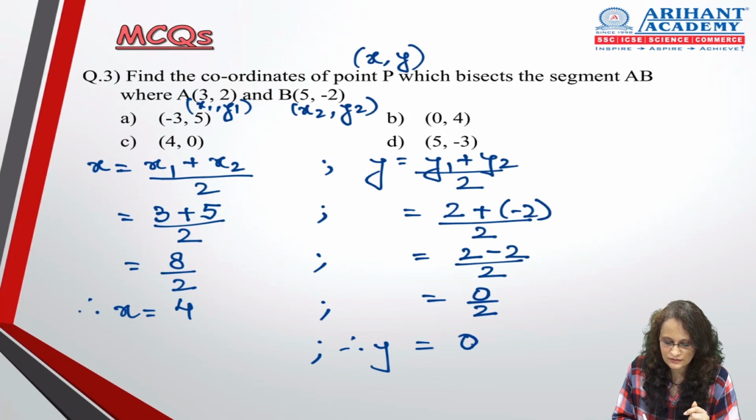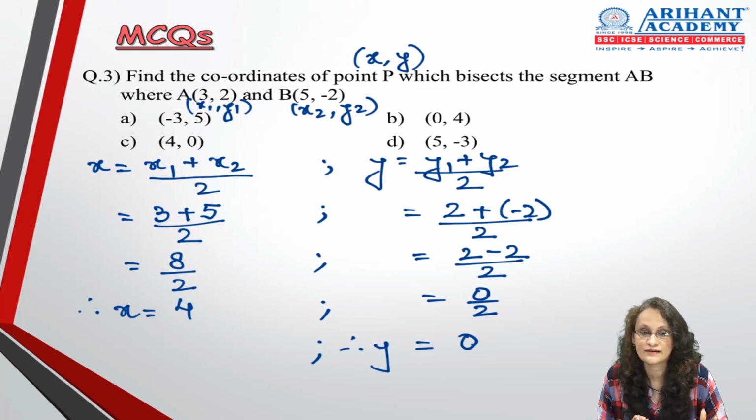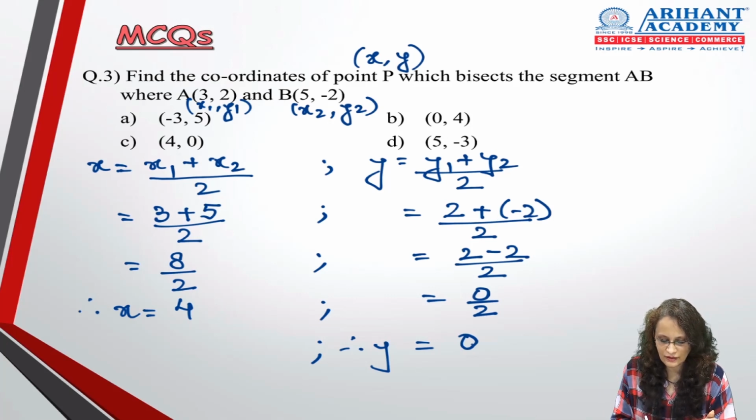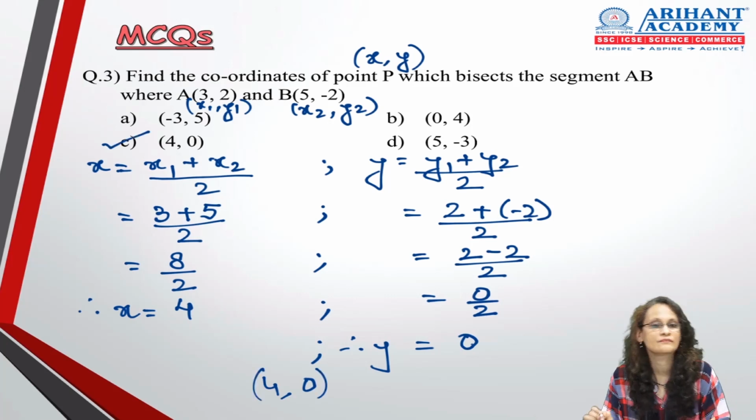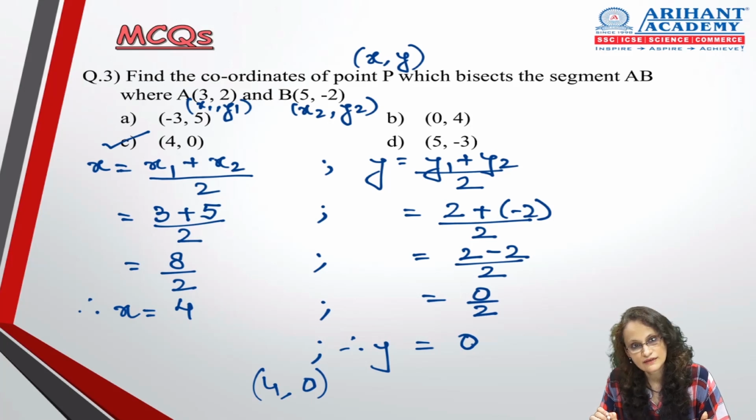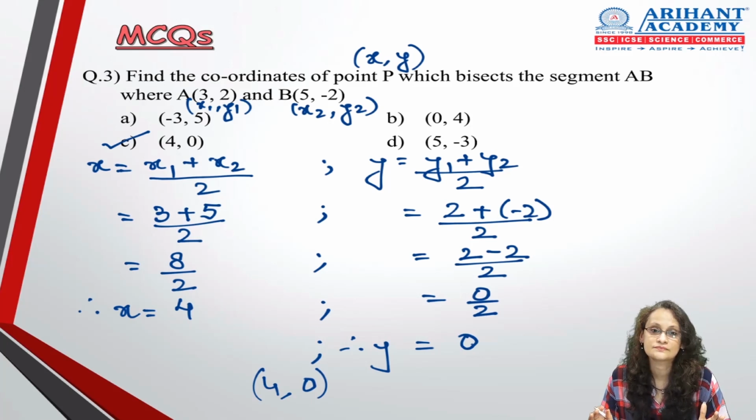So my answer is going to be, as you can see, we had kind of decided ना C option होगा, और देखो same आया, x आया 4 और y आया 0. So my answer is going to be option number C. Are we done? Are we sorted? ठीक है? So let's proceed.